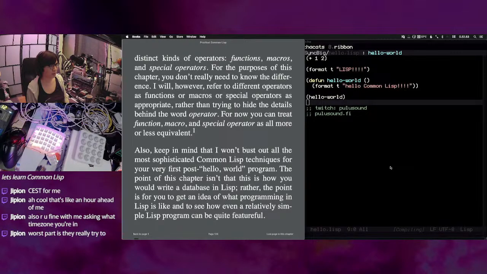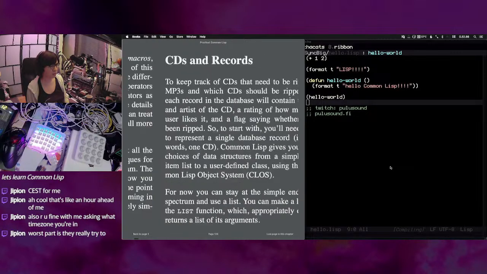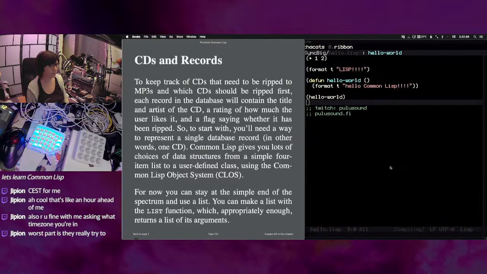I'm not sure if I want to build the whole database thing. I'm just gonna maybe skim through this and see some